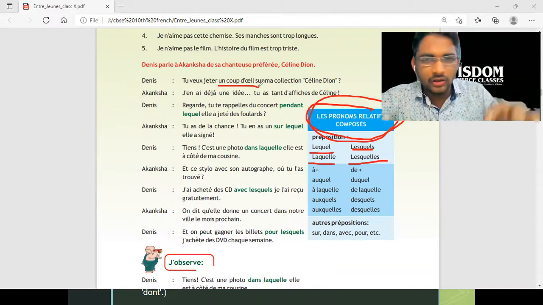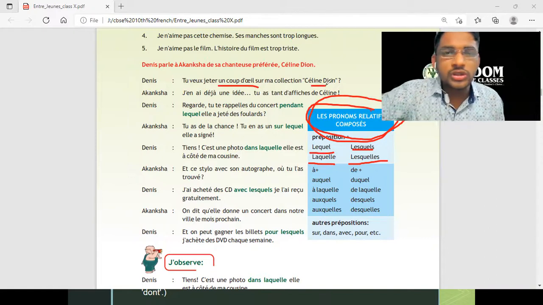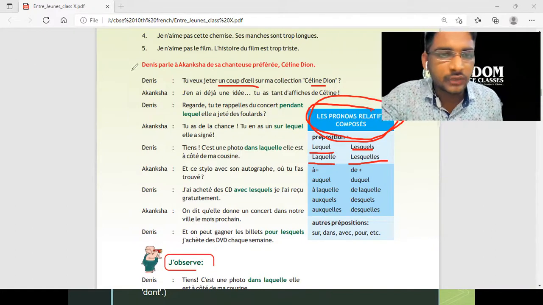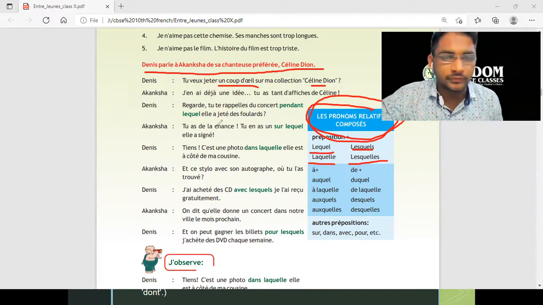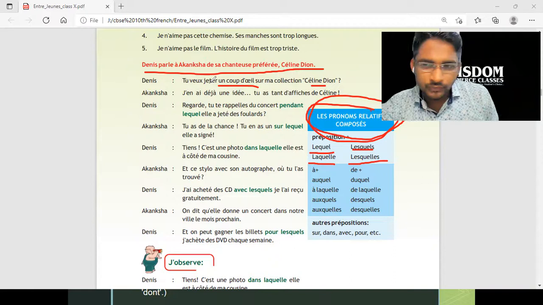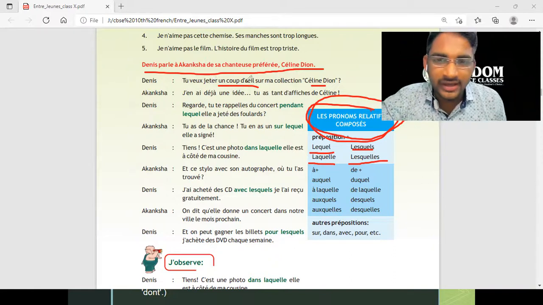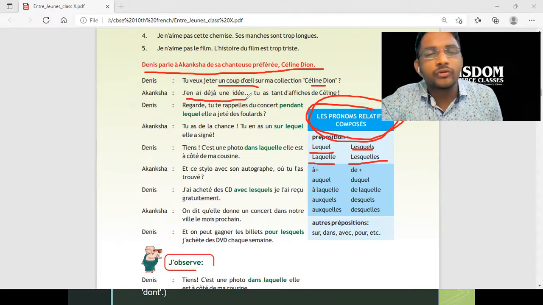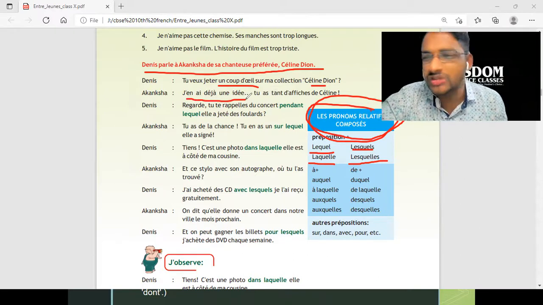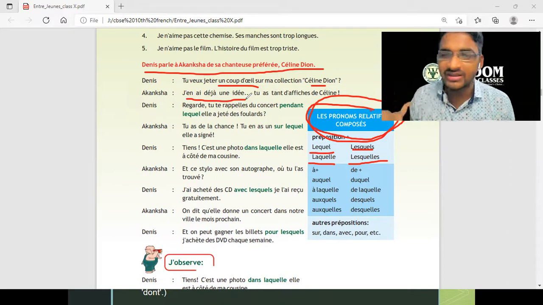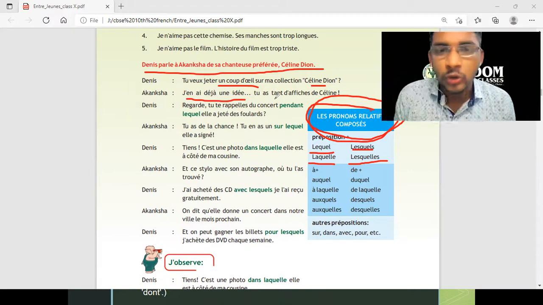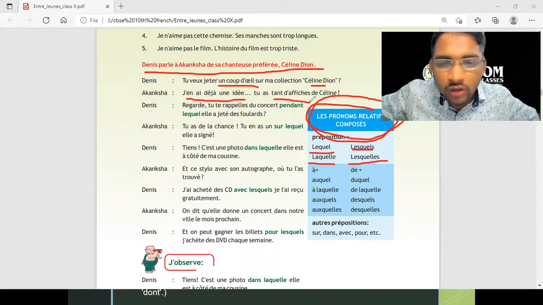Tu veux jeter un coup d'œil à ma collection Céline Dion? Do you want to take a look at my collection of Celine Dion? So Celine Dion students is the name of a very famous singer. So Dennis speaks to Akansha about a favorite singer Celine Dion. So Akansha says, I already have an idea about it, that you're a crazy fan of Celine Dion. तो बहुत crazy fan है, किसका fan है, Celine Dion का।